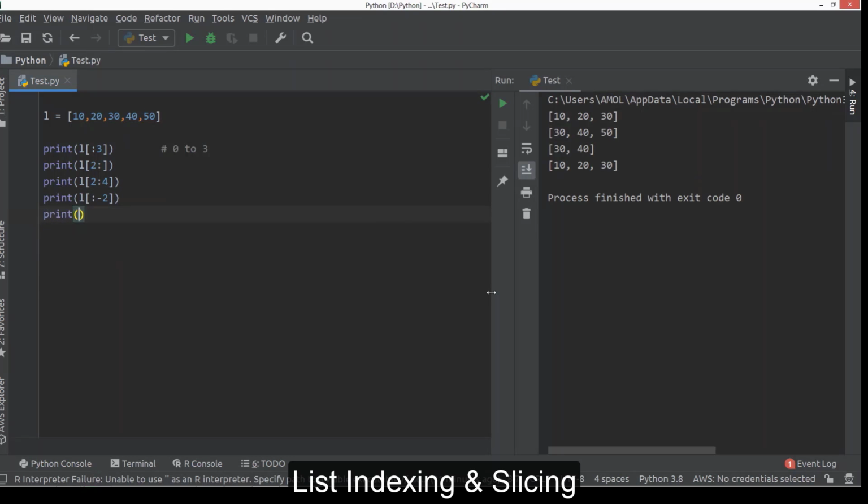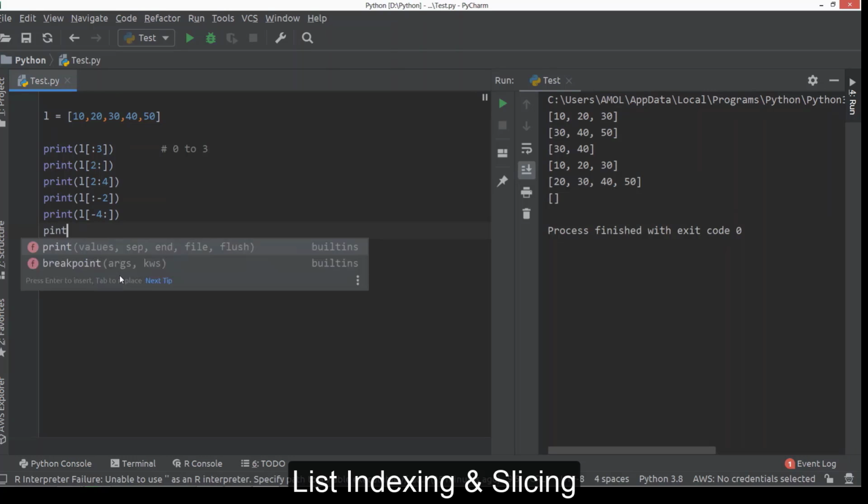Next, see, here we are providing -4 as the starting index value and we are printing all the elements of the list here. So -4 is just this element. The list contains a total of 5 elements, so it's -1, -2, -3, -4 and -5.